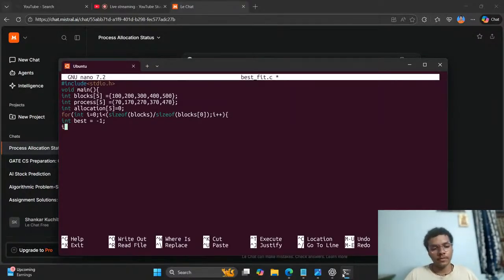And now what will you do? You will iterate through every block. Wait, for every process you need to iterate through every block. Oh my god. For every process, because you are allocating for processes, j less than size of blocks by size of blocks of 0,